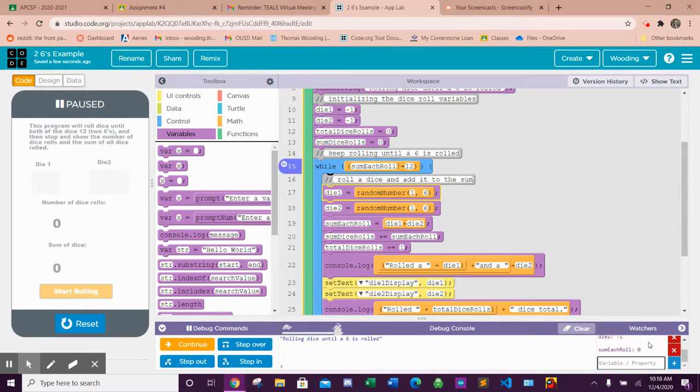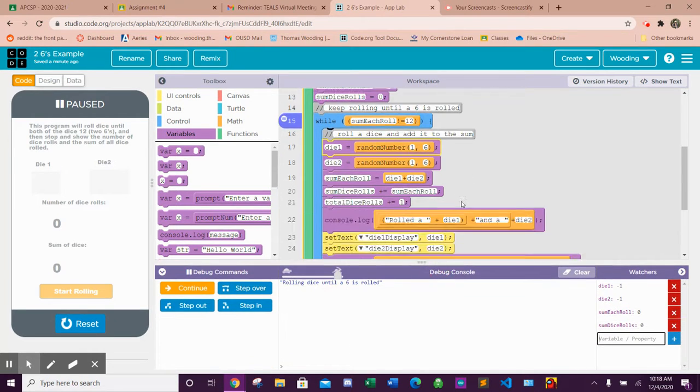We'll watch a couple of variables. Okay, so we're going to be able to see this. Let's check it out. It's going to change die 1 to be a certain value when I click step